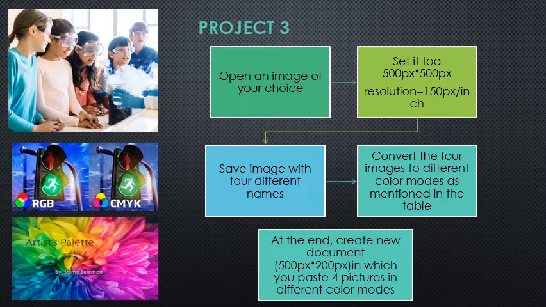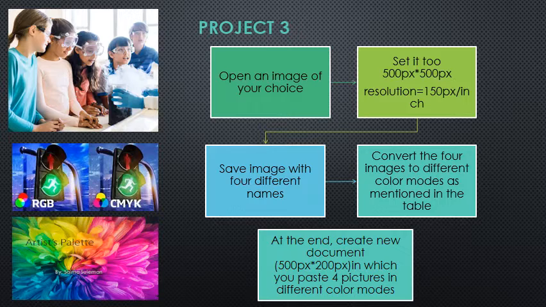We have already done this in our class, how you will set your picture to 500 pixels by 500 pixels. The height and the width are showing you the height and the width of your picture. Then save the image with 4 different names. The same image will be saved 4 times with different names. You can write image 1, image 2, image 3, image 4, or you can write your names as well, like Saima 1, Saima 2, Saima 3, Saima 4, or any name